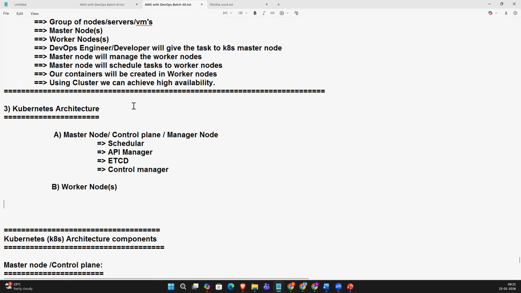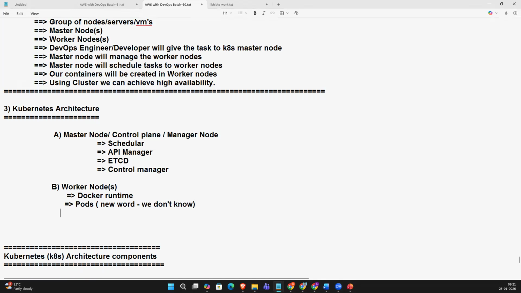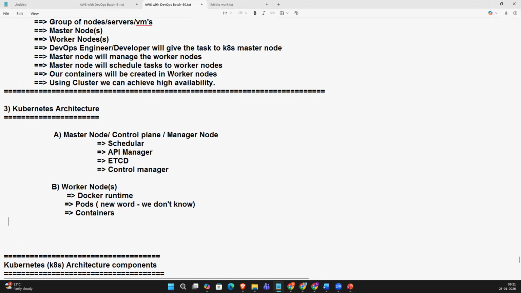Docker runtime. Okay, pods. What is a pod? This is a new word. We don't know as of now. Okay, we'll let you know what a pod is. Next one is containers. Containers you already know. What is the next one? Kube